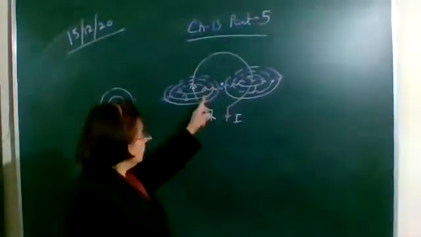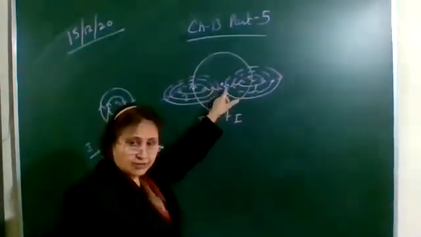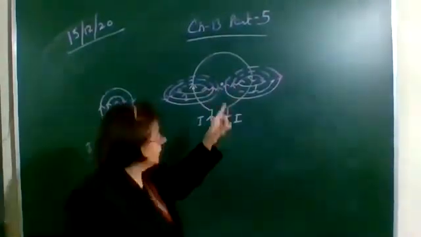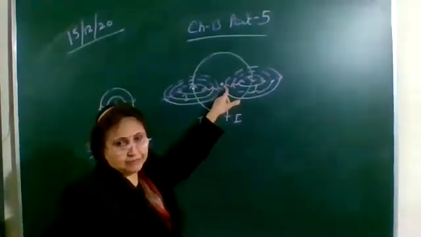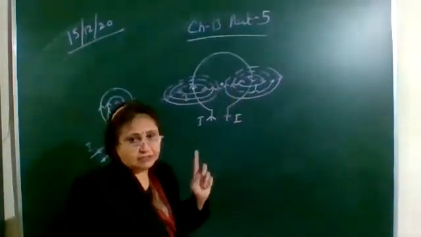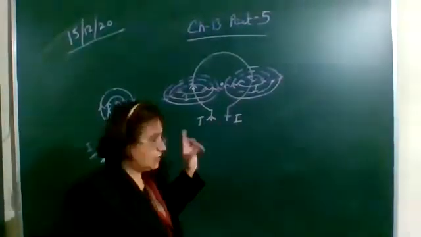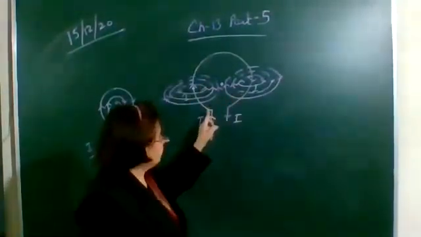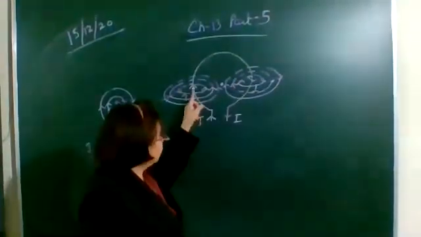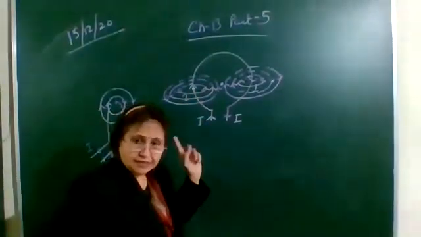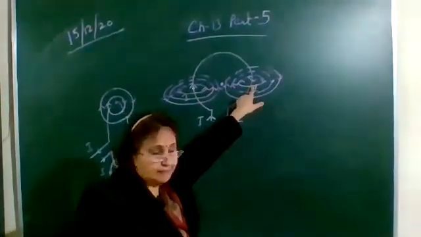Okay, so as you are moving towards the center, these arcs look like straight lines. So the magnetic field is perpendicular to the plane of the board, inwards, at the center of this circular current carrying loop. Okay, so draw this figure. We'll use this figure only. So this is a current carrying loop in which the current is flowing in the clockwise direction. At this point we draw the magnetic field lines using the right hand thumb rule like this, and at the diametrically opposite edge we again draw the magnetic field lines.